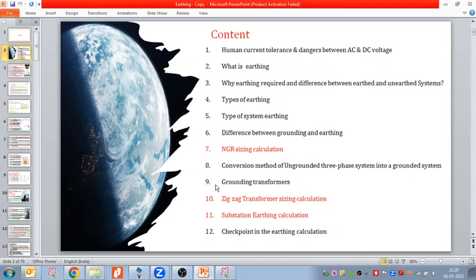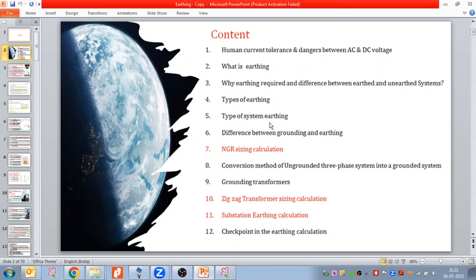So what we are going to discuss in the earthing or the grounding: the difference, like which is more dangerous, the AC or the DC, which voltage is more dangerous for a person, and whether current is dangerous or the voltage is dangerous for the human, and then what is earthing, why earthing is required, and if the system or equipment is not earthed, then what is the drawback, why it is hazardous if the system is not earthed, and then